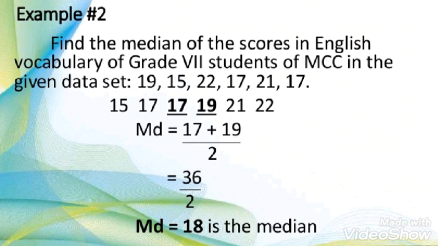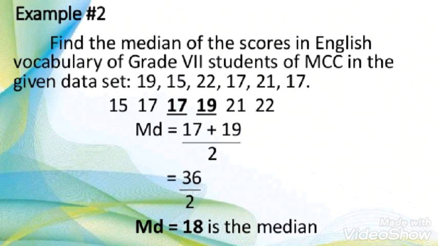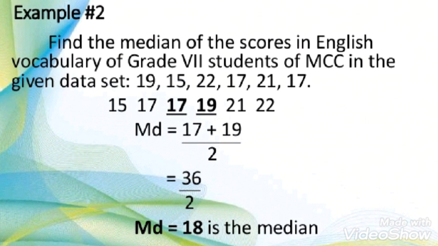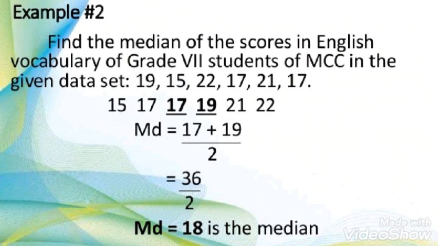For this, you have to take the 2 middle numbers and add them, and then divide by 2, and the result after dividing is your median. So in finding the median, you have to keep one thing in mind: see whether the numbers you are arranging are even or odd. If there is an even number of values, you take the 2 middle numbers, and if there is an odd number, as you saw in the first question where there were 9 numbers, you just select the middle number. That is the way to solve the question.